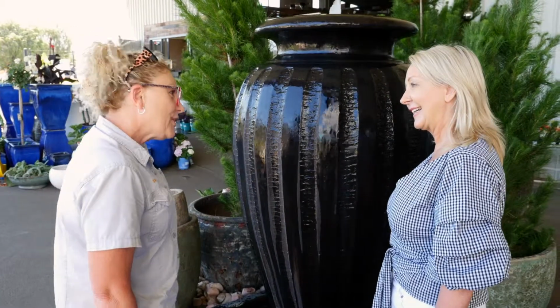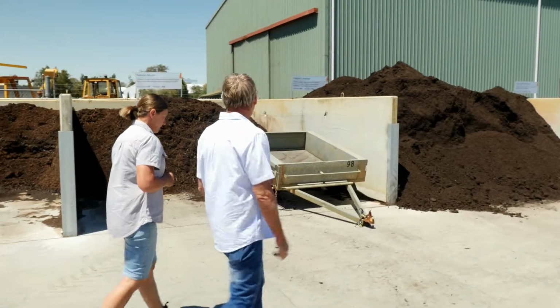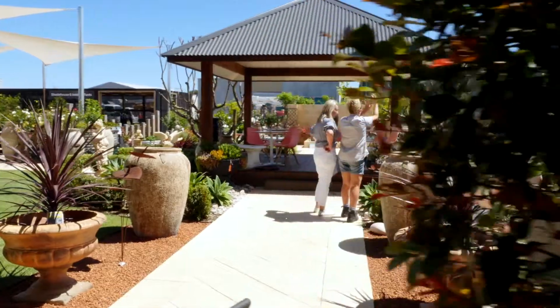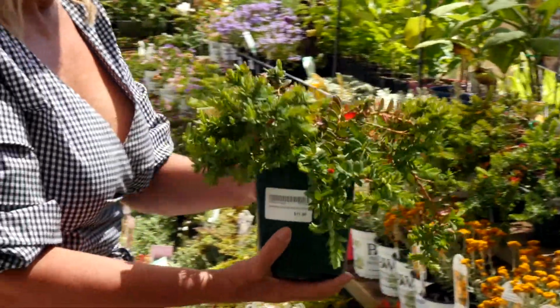I definitely don't think it would fit in the back of the Commodore, but we can deliver. You deliver? So, yes, fantastic. 26 bays of sand, soil, mulches, bricky sand. There's some great beach sand down there. It's so clean. Water fountains and trees and bonsais. They're really on trend with what is needed and what people want at the moment. Like these beautiful large water features and the dominant coloured pots, and